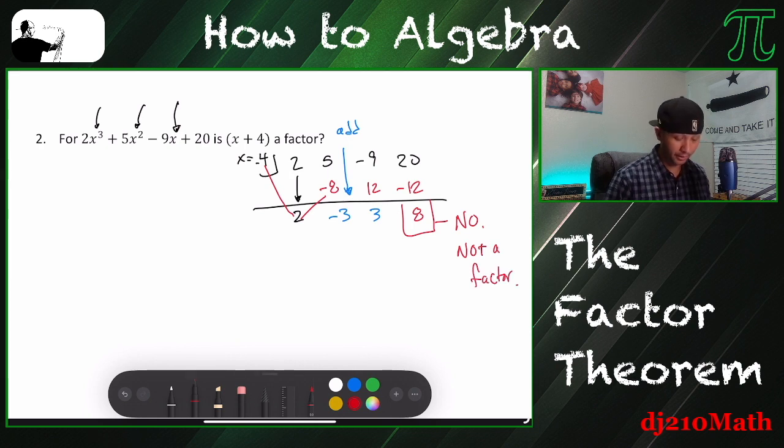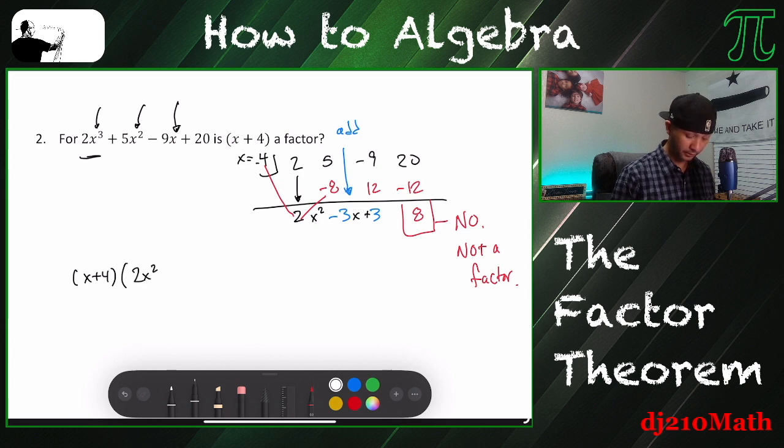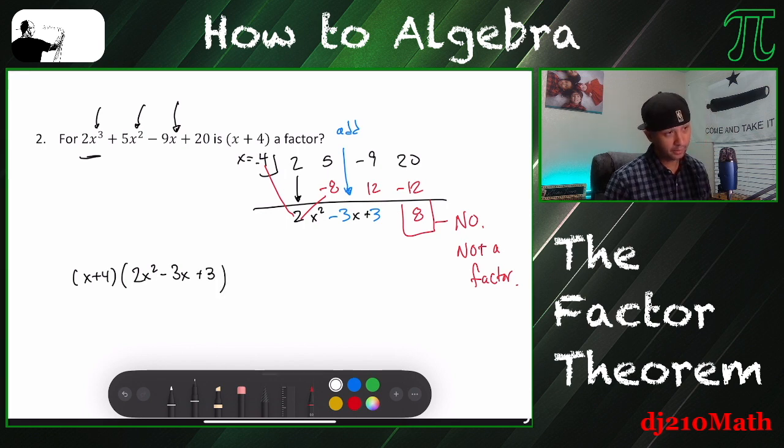And now when we write our answer, we know that because originally it was a cube, this is going to be a degree less. So x squared, x plus 3. So we write the divisor, x plus 4, times the quotient, 2x squared minus 3x plus 33. And then we add the remainder. This is going to be plus